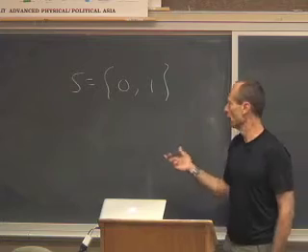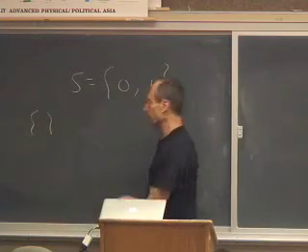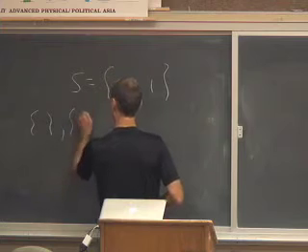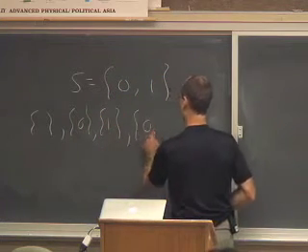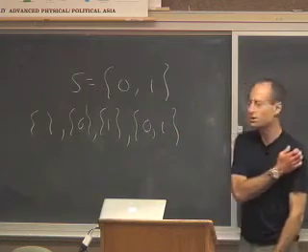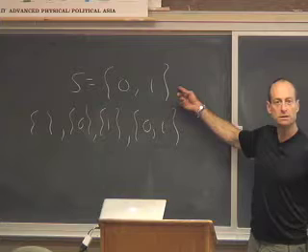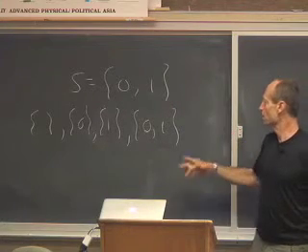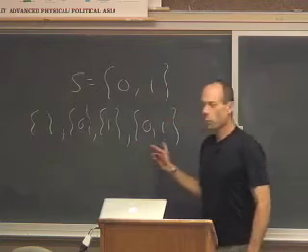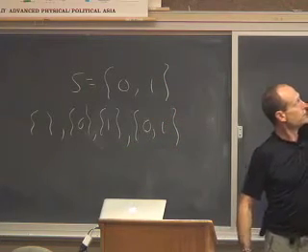What are they? Well, we can have none of the elements in the subset. We can have one element in the subset, and that can happen 2 different ways. Or we can have both elements in the subset. Those are the 4 subsets of this set. Okay? And there are no others. That's it. So if we want to verify that this distribution, this way of assigning a number to a subset,